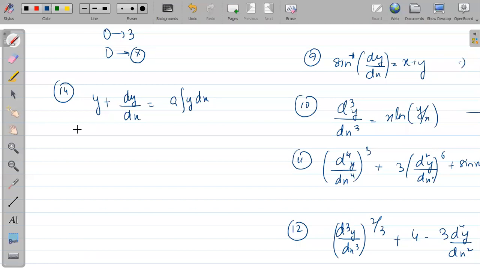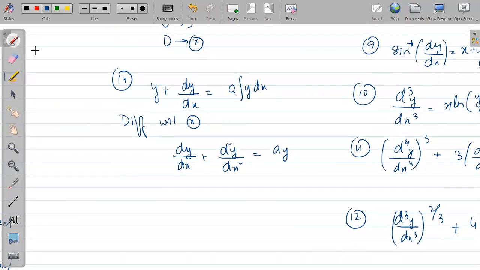Yeah. So basically what you have to do is differentiate it one more time with respect to x. Can we do this? So yes, we can differentiate with respect to x. What is the issue? If I differentiate with respect to x here, I will get d square y by dx square. What about this part, sir? If you think about differentiating this part, you will get y itself. How will it come? See, we are differentiating this part, so what will you get? Think like this: earlier it was like this.